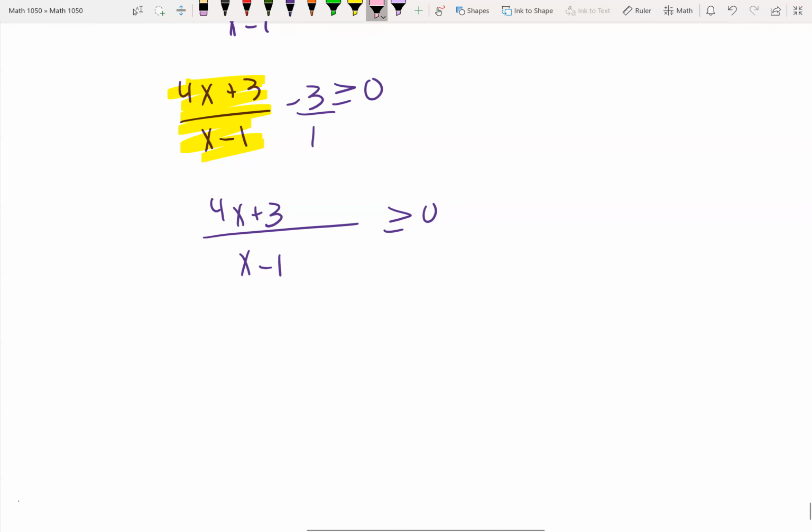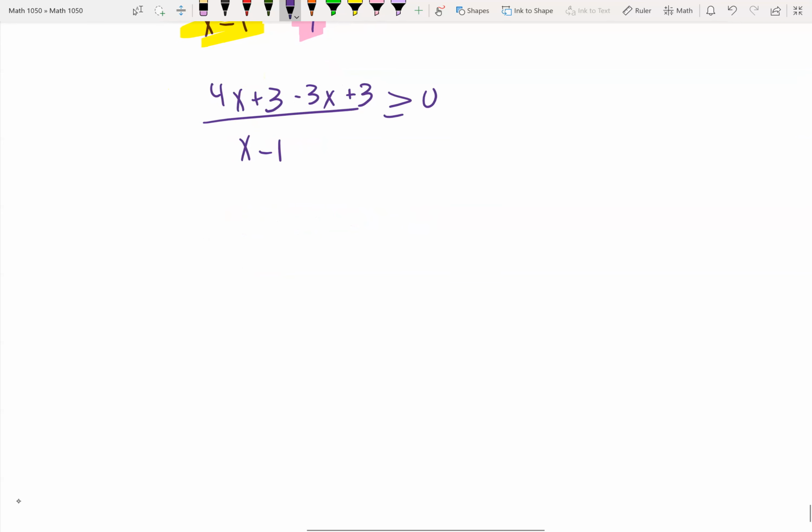This guy right here does not have the x minus 1. Now you have to be very careful because you're distributing a negative 3. So a negative 3 times x is negative 3x, a negative 3 times a negative 1 is a positive 3. 4x minus 3x is 1x, 3 plus 3 is 6, over x minus 1 is greater than or equal to